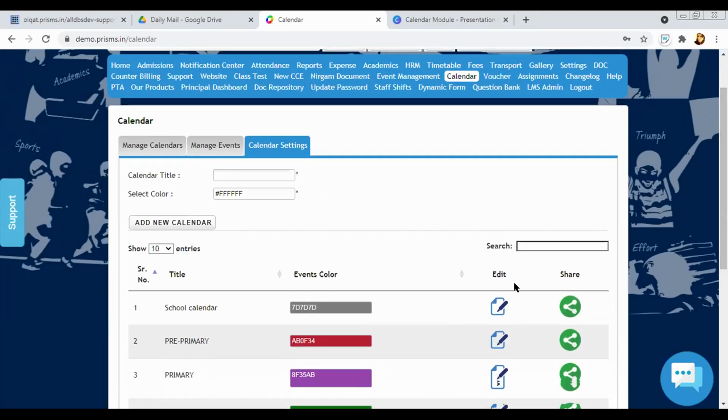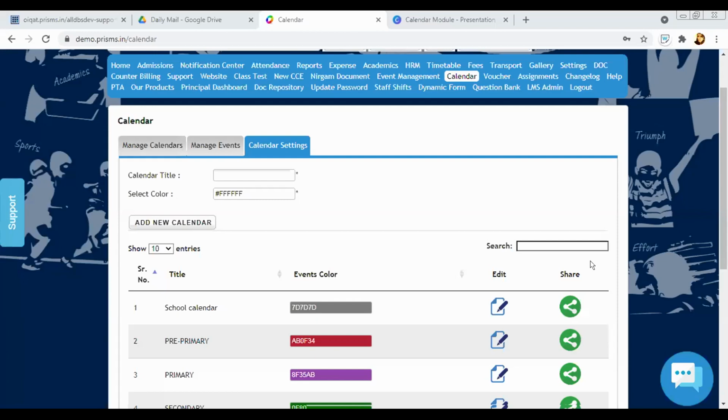Excuse me, Dipesh, one thing I just wanted to know. Hello, are you able to listen? Yes. See, generally we have been following one calendar for the school. It was printed and shared, and in that calendar only, the holidays, the events, the celebrations, the exams, everything was included. So can't we do that? Now here there are so many calendars, and then the parents may get confused.